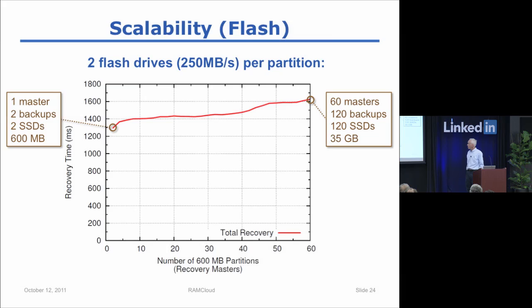So our assumption for RAMCloud, and you can debate whether you believe this assumption or not, is that within a few years, it's going to be cheap enough that data center networks will have full bisection bandwidth, so that the full fabric will be able to accommodate every machine transmitting and receiving at maximum speed. So we're not there yet, clearly. I think we're going to get there because if you look at what's happening with switching silicon, the chips from companies like Fulcrum and whatnot, where you can get a 24 or 48 port 10 gigabit switch on one chip that's a few $100s. And these are going to ride Moore's law over the next few years.